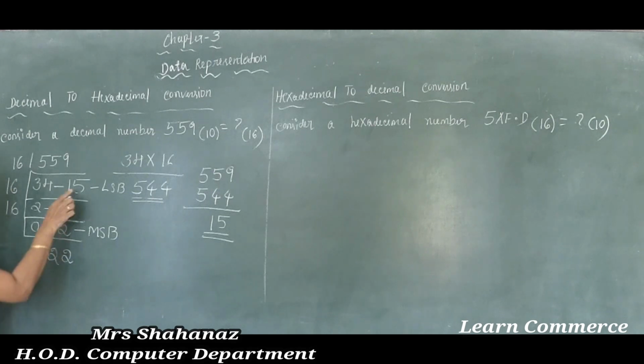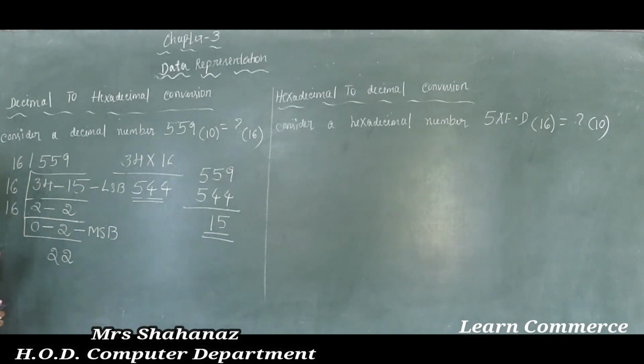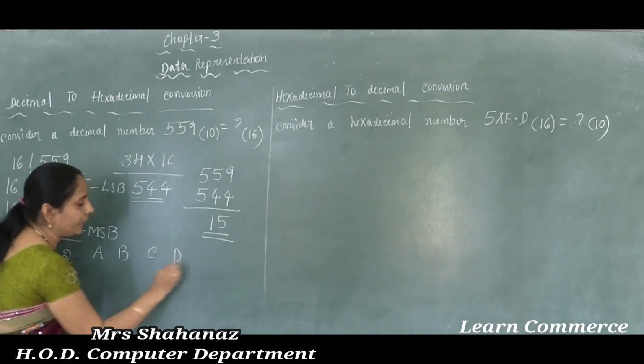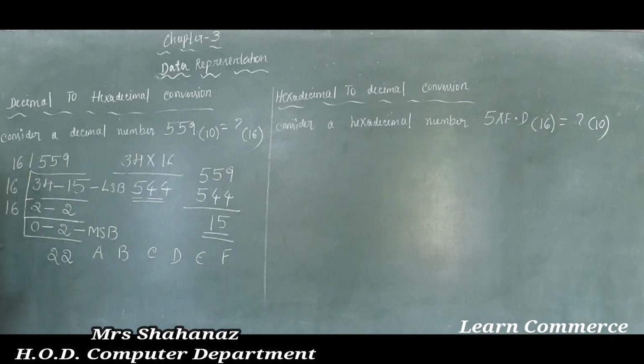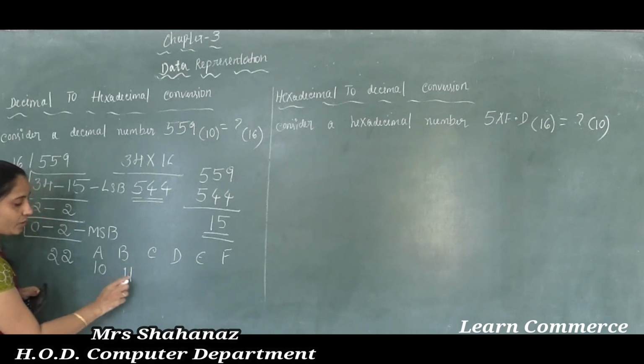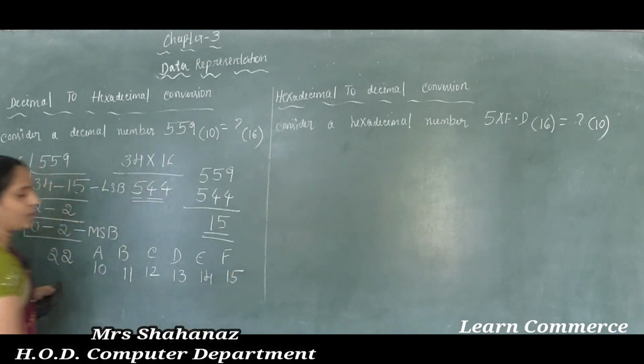2 and 2, and I am going to write 15. As we know, the hexadecimal value means 0 to 9, but after the 9, how are we going to take the value? The digits A, B, C, D, E and F have decimal equivalents, till F. That means in total 0 to 9 it has 16 digits. A value is equal to 10, B value is equal to 11, C value 12, D 13, E value 14 and F value is 15.